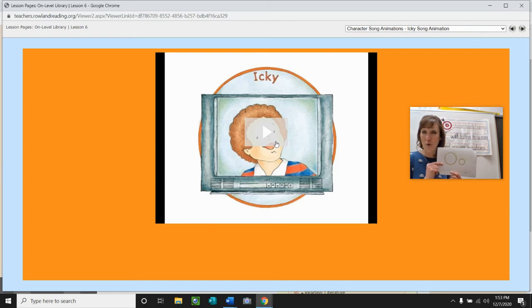The letter O says ah, ah, ah. The letter G says g, g, g. The letter D says d, d, d. The letter A says ah, ah, ah. The letter S says s, s, s. The letter C says k, k, k. Whoops, it's upside down. The letter I says I, I, I. And the last one, the letter L says ol, ol, ol.